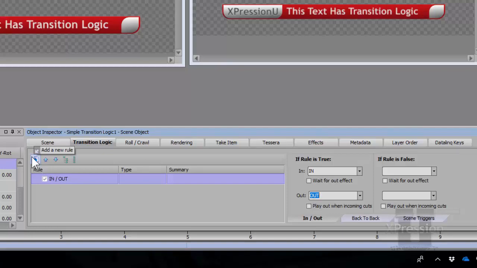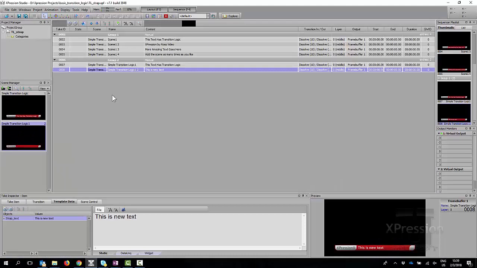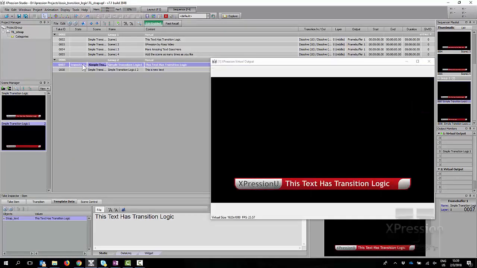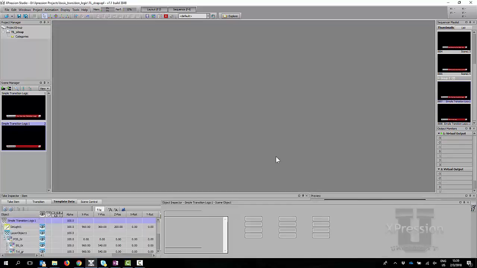I'm going to click on, that's the in and out rule. In fact, I'm going to show you what that now does. So if I now play the scene, you can see that it now knows how to play the in and out. It still doesn't know how to animate between scenes though, unfortunately. So you just have this weird transition there. It does know how to take it offline though. So we've already improved the scene slightly.